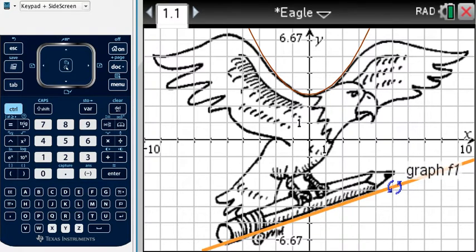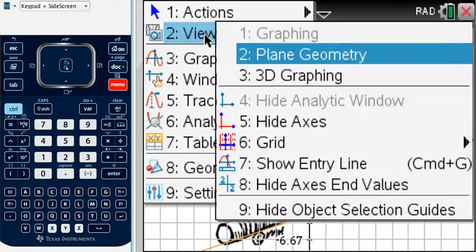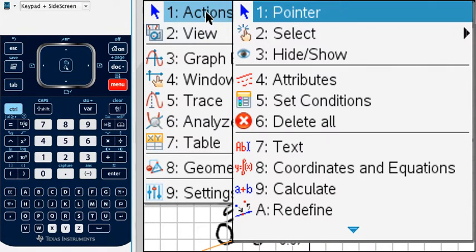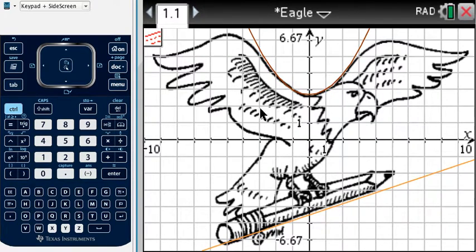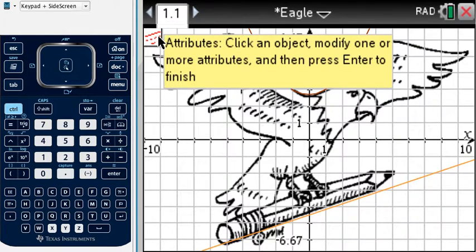Now, notice that these lines are very thin, but if I hover over them, they get thicker and I can see them better. I like how they're thicker, so I want to have those lines always thicker without me having to hover over them. So I'm going to change the style, or what's called the attributes. I'm going to go to Menu and Actions, and option 4 is Attributes. Again, I get this little corner box and it tells me to click on an object,